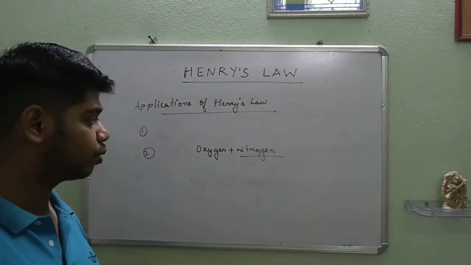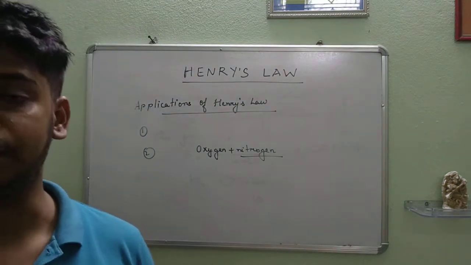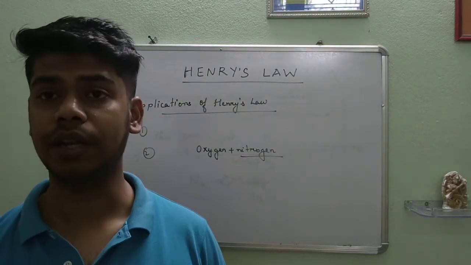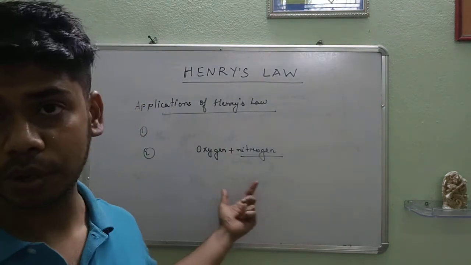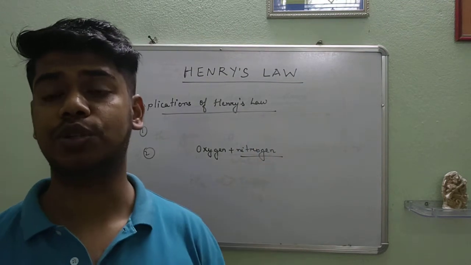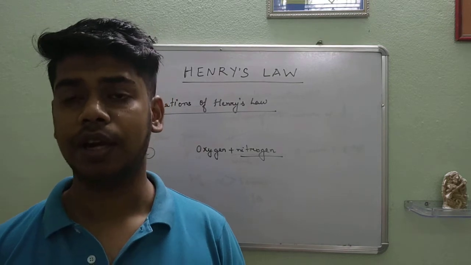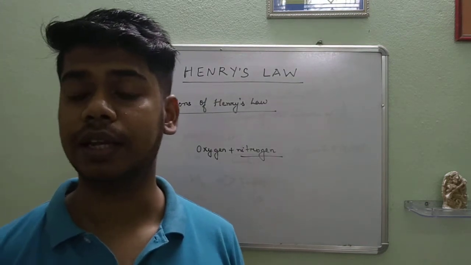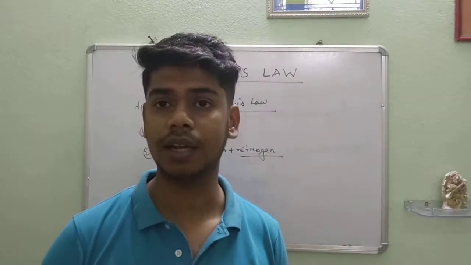But when the scuba diver again comes to the surface, যেতিয়া আকৌ সাৰ্ফেচলৈ ঘূৰি আহে তেতিয়া কি হয় প্ৰেছাৰটো আকৌ ডিক্ৰিজ হয়, right. প্ৰেছাৰটো ডিক্ৰিজ হোৱাৰ বাবে হেনৰিজ ল মতে কি হৈ যায় সলিবিলিটি ডিক্ৰিজ হয়, okay, solubility decrease হয়. তো অক্সিজেনটো ইউজ আপ হৈ গ'ল but this nitrogen কি হয়, it tries to escape out. Okay, now when this nitrogen tries to escape out, it forms bubbles in the capillaries. Okay, আমাৰ যোনটো capillaries থাকে তাতে কি কৰে এইটো